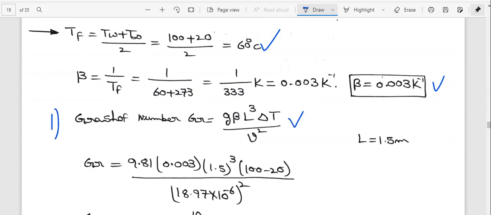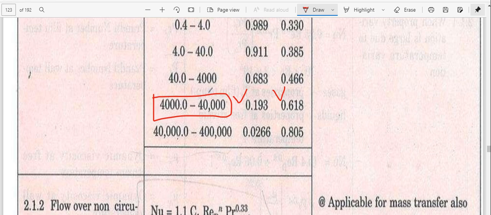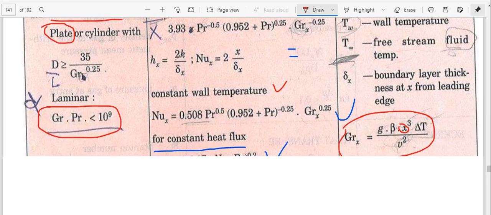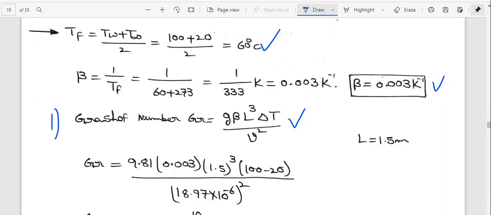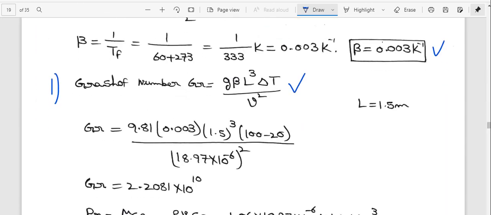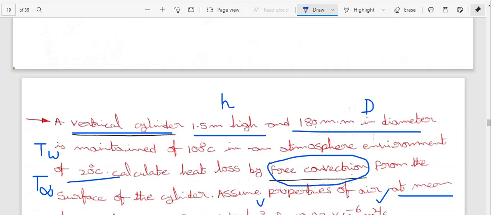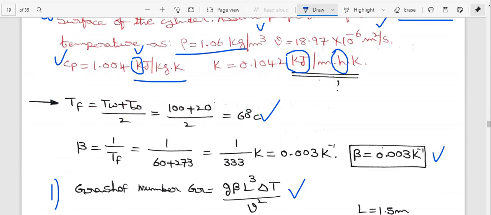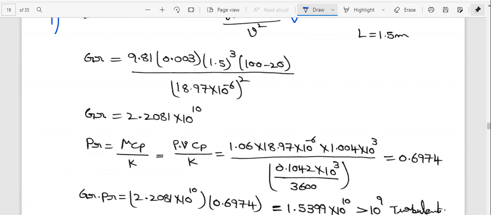The Grashof number formula is from data book page number 134. The g value, beta value, and L value, the length of the vertical pipe, is 1.5. Here height is equal to length, so we consider H equal to L. We need to substitute all these values. The Gr value is equal to